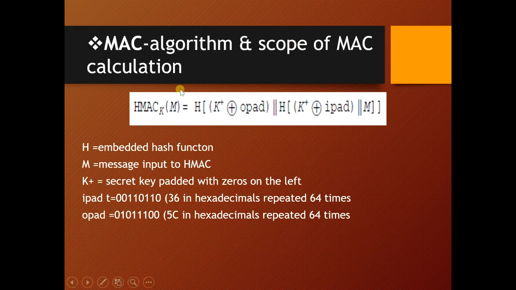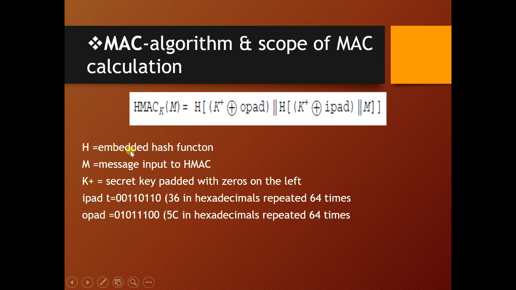So this algorithm and the code has been specified here. This HMAC is a specific type of MAC, that is the message authentication code, which involves a cryptographic hash function and a secret cryptographic key. If you look at this particular code here, it is specified in terms of HMAC.